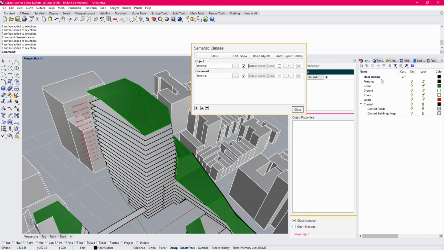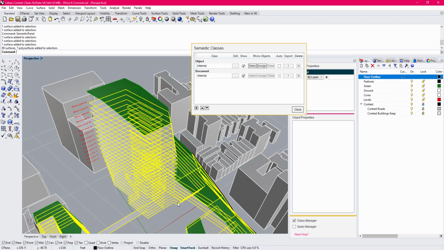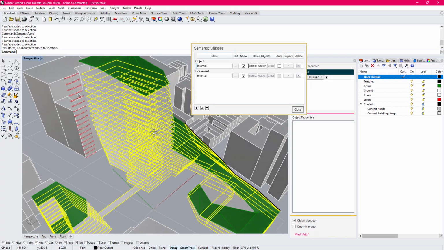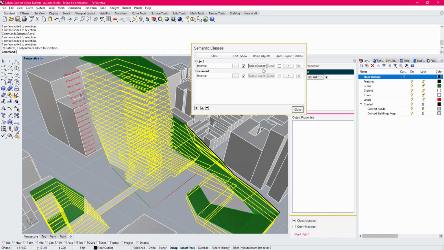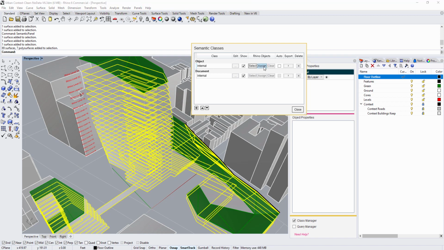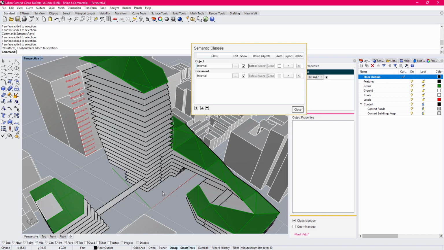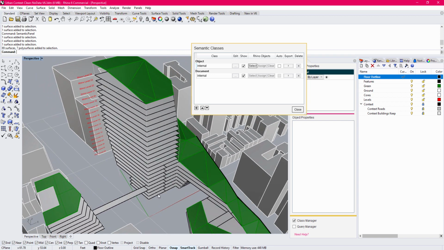So the first thing I'm going to do right out of the gate here is right click and select objects for these floor outlines. These are the surface boundaries indicating floors. And I'm going to assign them to the internal object properties. What this is going to do is expose inside of Semantic these internal properties for area and length. And where we find this useful, even if you did nothing else, is being able to select any